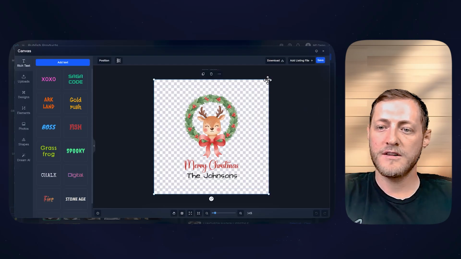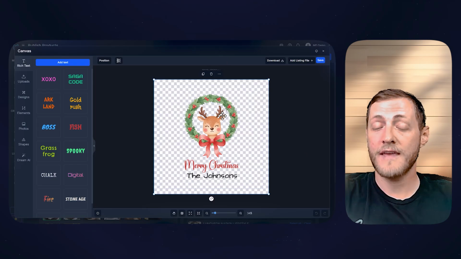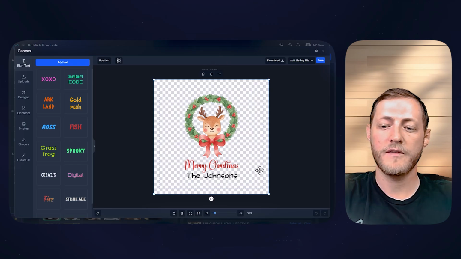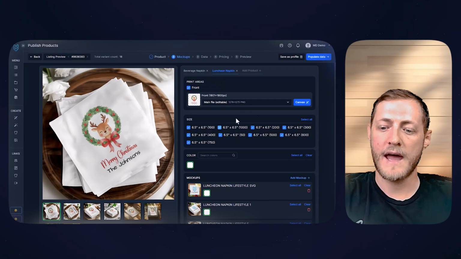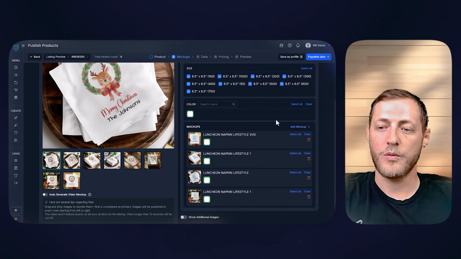And then all we need to do is make sure it looks good on this canvas, and you can see it does. It's perfectly set up for this one as well, so we don't need to make any changes. We can just close that out. Now we can go to the next step as soon as we have all the mockups that we like, which